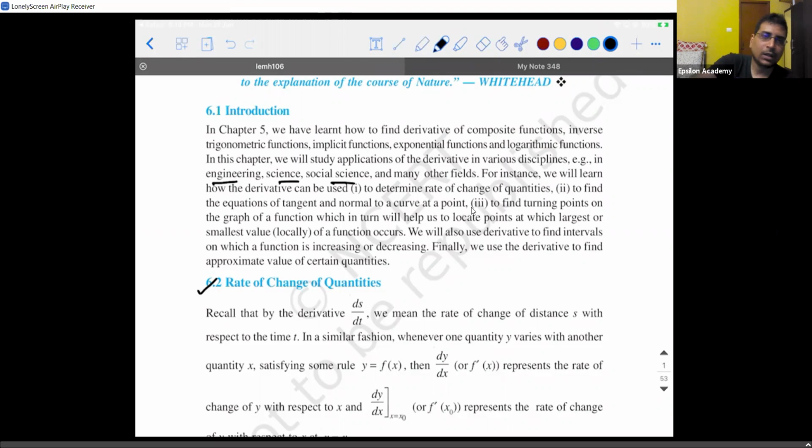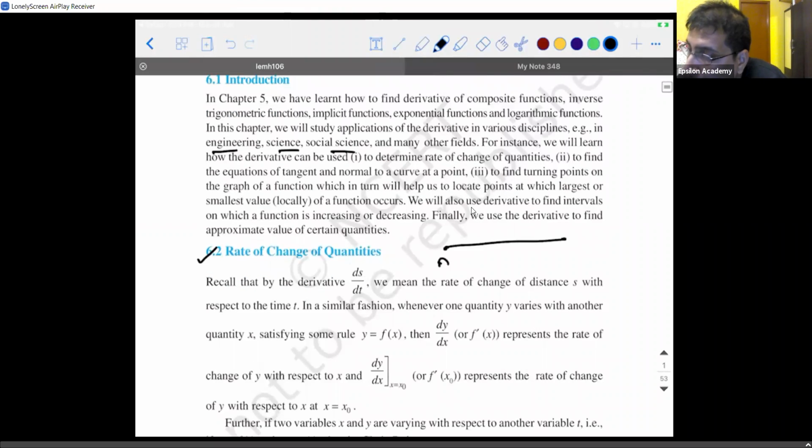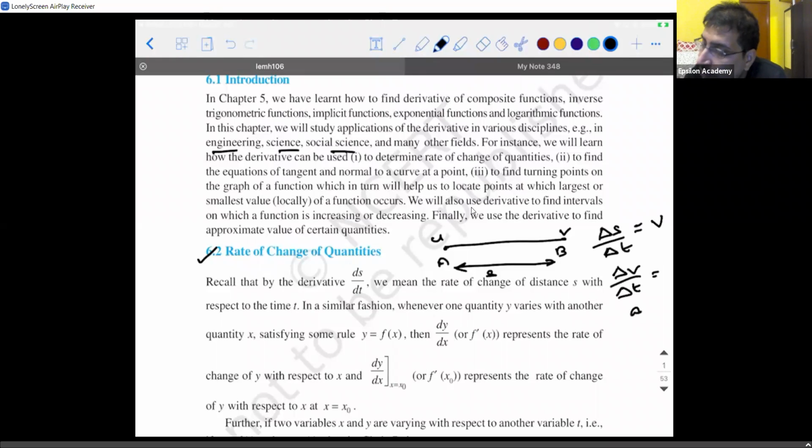Right? So suppose there is a person who is moving from point A to point B, and let's say the displacement of this person is s. Initially the speed of the person is u, and finally the speed of the person is v. If I ask you, what is the change in displacement with respect to time, what is it? Change in displacement with time, or I call it rate of change of displacement. You technically call this velocity. Or if I ask you what is the change in velocity with respect to time, you will call this acceleration. Right? These are all the ways the physical quantities are defined.